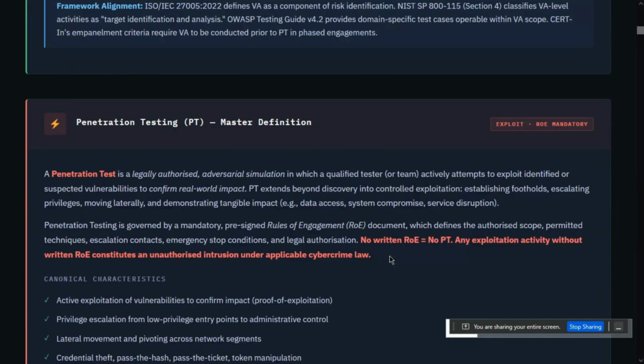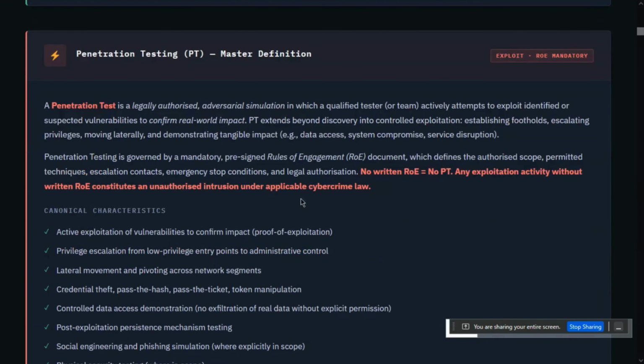Now, PT, what is penetration testing? Penetration testing, of course, is a legally authorized adversarial simulation only. Look at the word simulation, in which a qualified tester operates. Qualification is not like you learned last night and want to try a PT today for a client. Of course, I won't say that